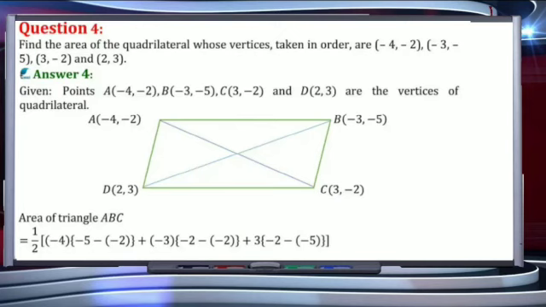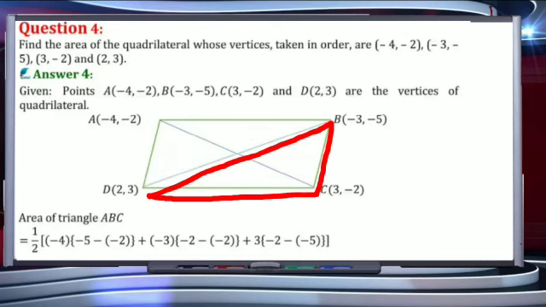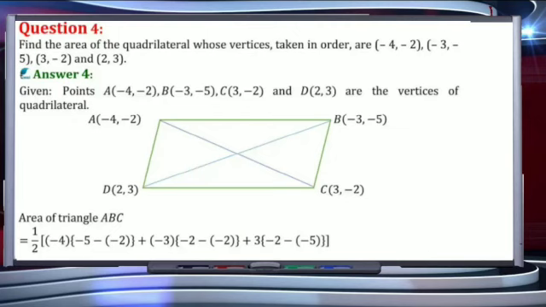We can separate the whole quadrilateral into two triangles on the basis of the base of the triangle. So we can consider the base as AC. So two triangles will be ABC and ADC. If we are considering the common base as DB, then triangles can be ADB or DBC. Students, calculating on any of the base, the answer will be the same. So here we are calculating on the base AC.